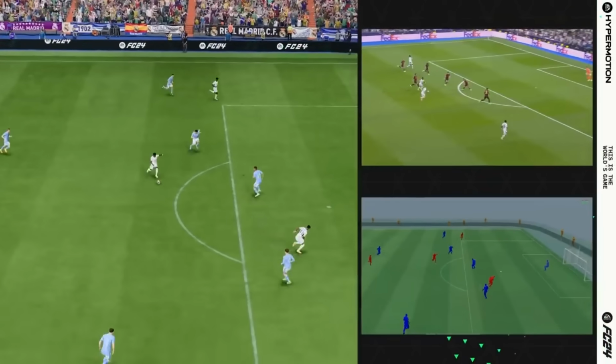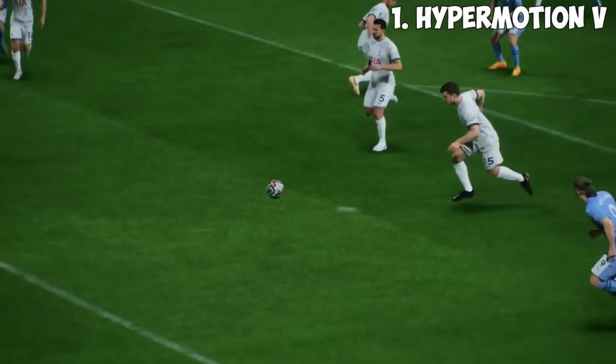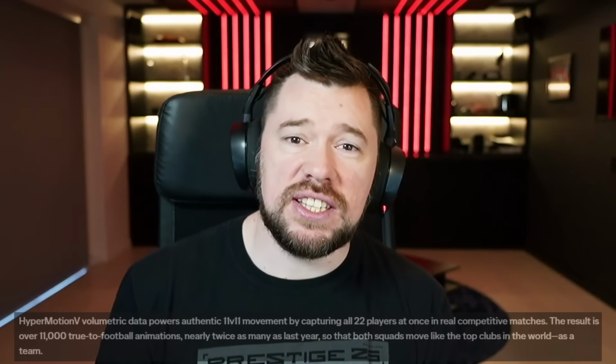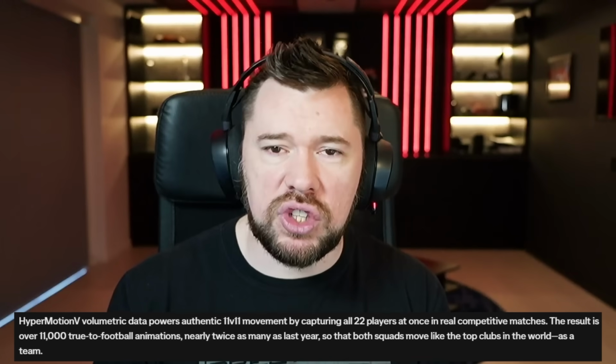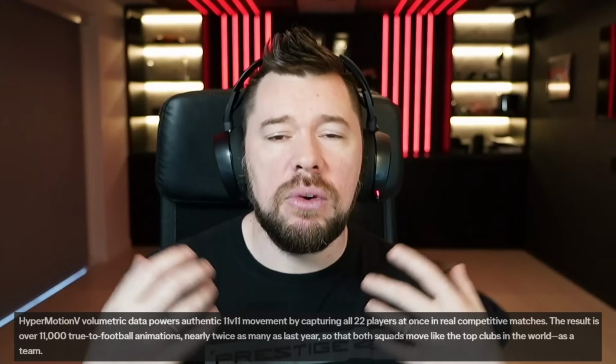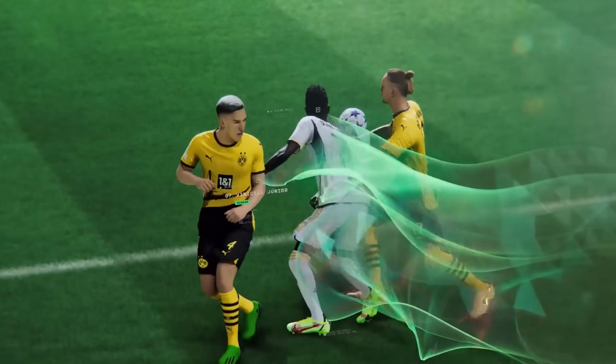And the first thing we've got is the Hypermotion V volumetric motion capture system. What EA have introduced is the ability to capture real world events instantly in real time and implement them into the game. We've all seen that Erling Haaland goal that they've put in and the Vinicius Junior skill that they've put in multiple times. But what people haven't really picked up on is what this could do for the game